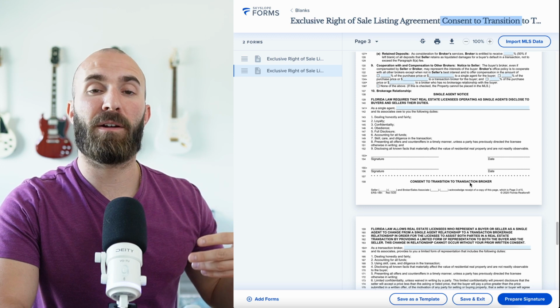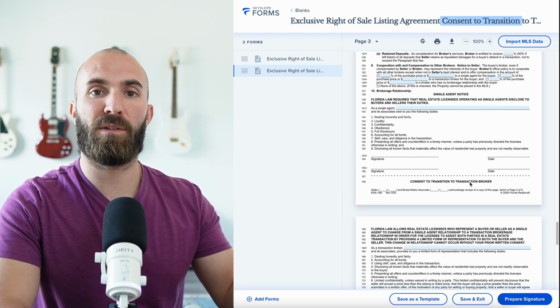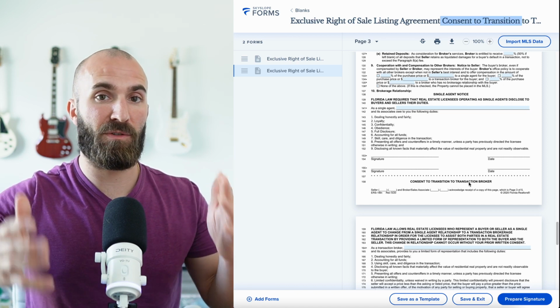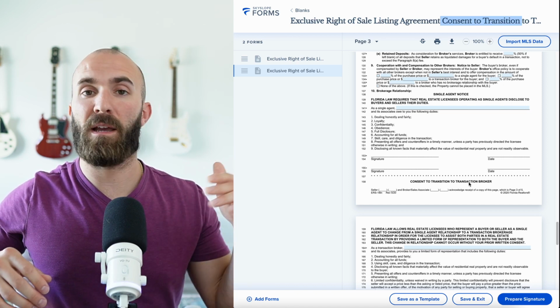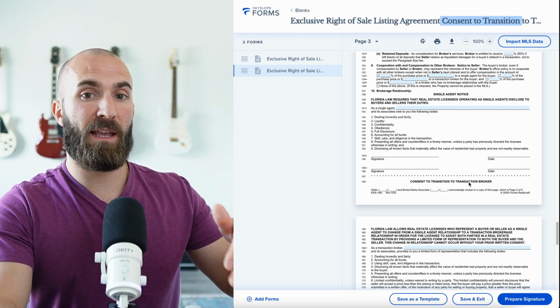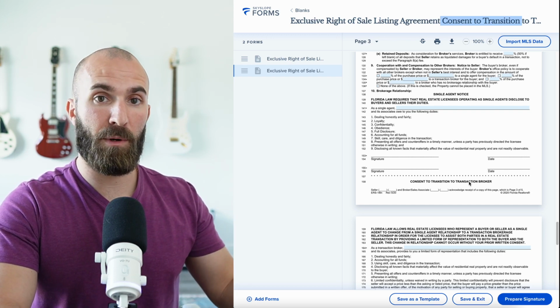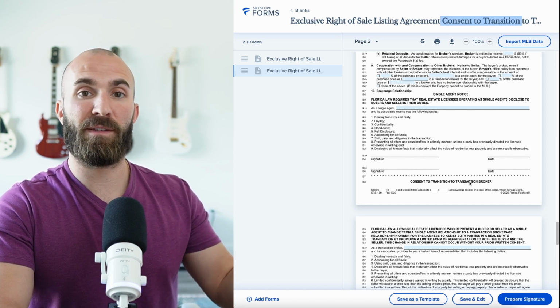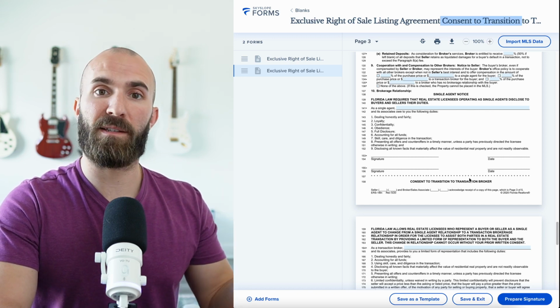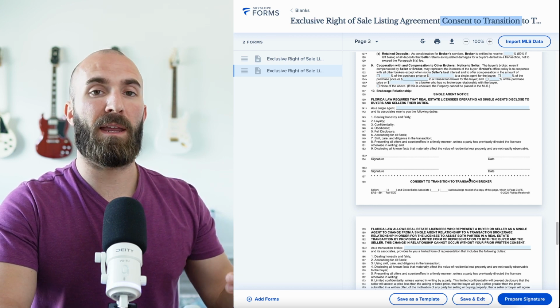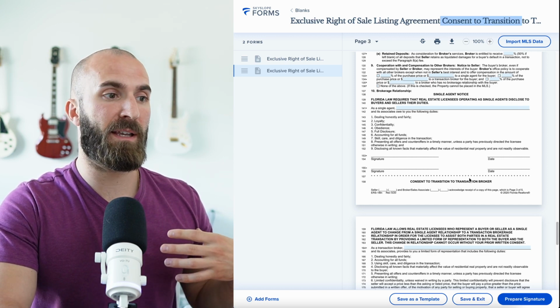Either a buyer contacts you directly and wants to purchase that listing, then you would represent both parties and act as a transaction broker. The other possibility is, say a buyer's agent comes and they bring a buyer that wants to purchase your listing, and they are the same brokerage as you. So in my case, it would be EXP. So if another EXP agent shows up and has a buyer that wants to purchase my listing, now we work